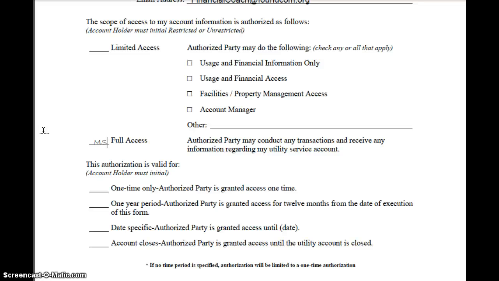Next, this authorization is valid for. This allows the customer to give us authorization for a period of time. We hope that they don't do one time only, because we may have to contact Austin Energy and the City of Austin more than once to fully resolve their debt. In addition, some of these become a little bit complicated, and we do have to have more than one conversation with the utility about this account. We ask for a 1-year period,